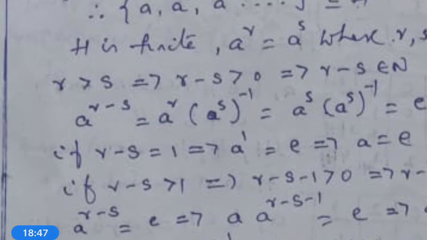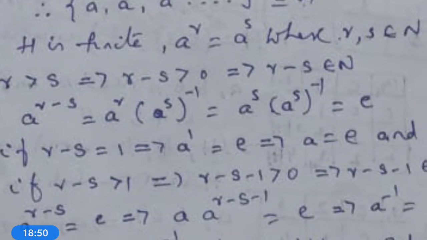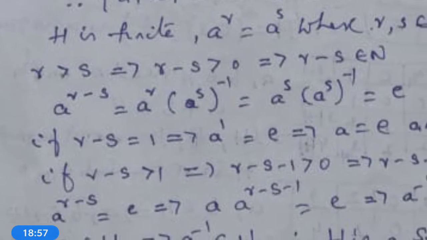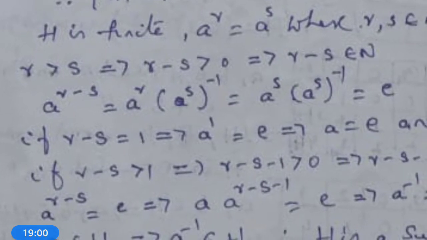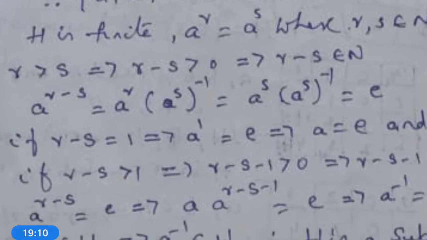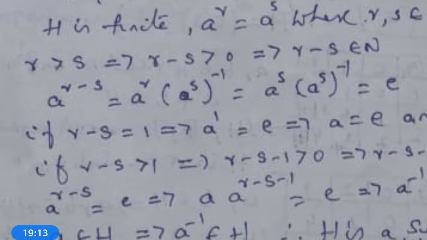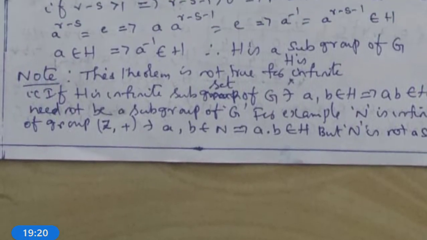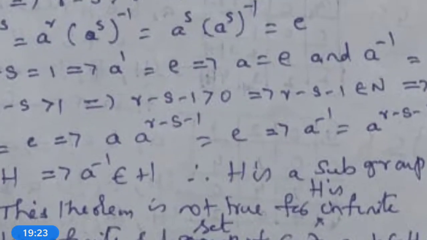r greater than s implies r minus s greater than 0, which implies r minus s also belongs to capital N. Now, a power r minus s is equal to a power r into a power s whole power minus 1. What is a power r? a power s. Therefore, a power s into a power s whole power minus 1. An element multiplied with its inverse element is identity. Therefore, E. So, if r is greater than s, then a power r minus s must be equal to the identity element. If r minus s is equal to 1...